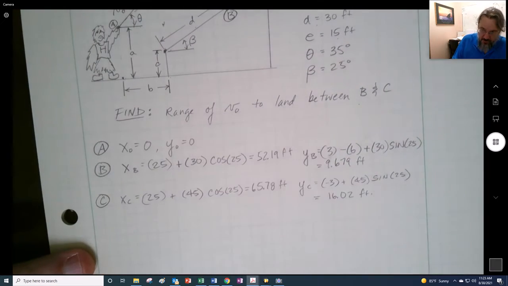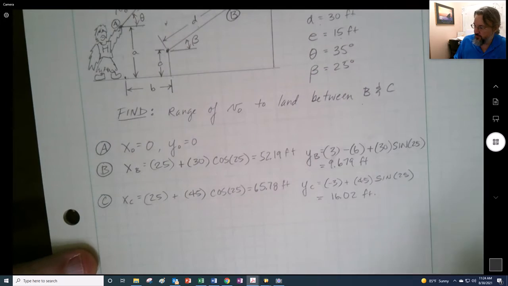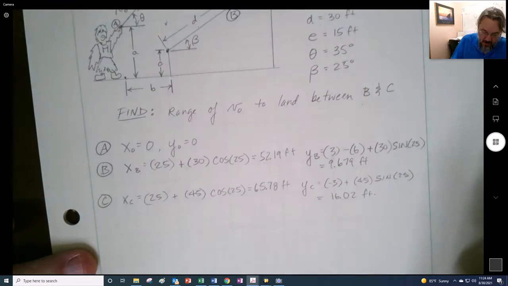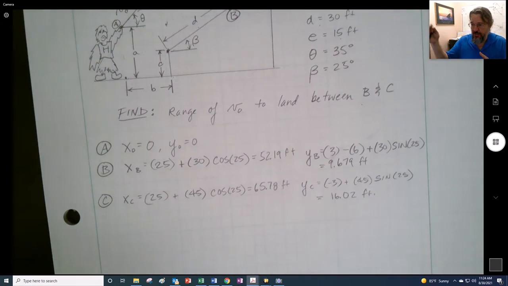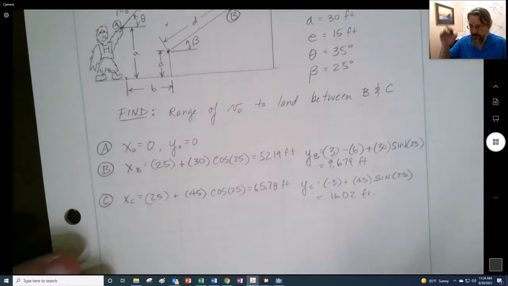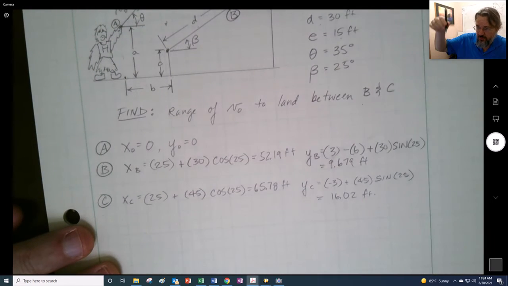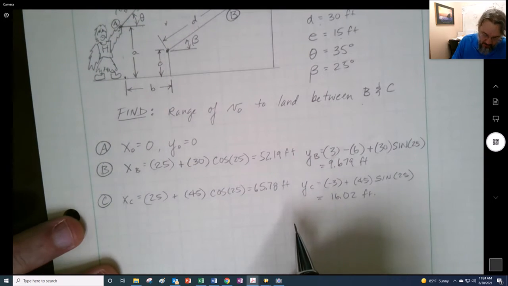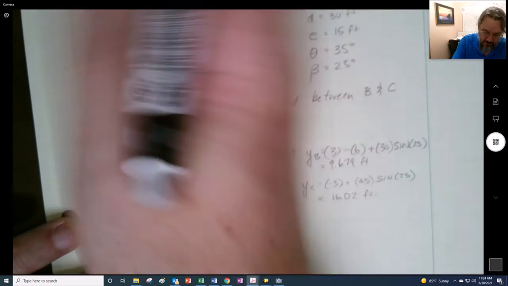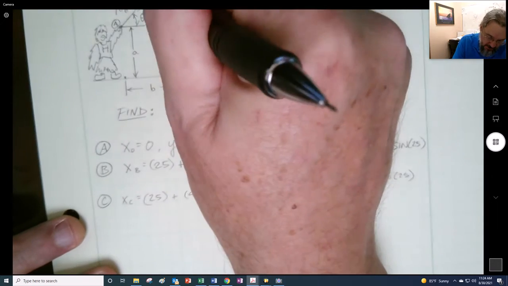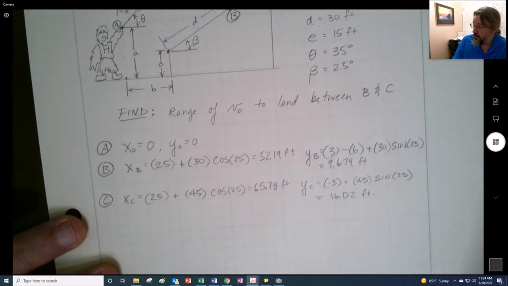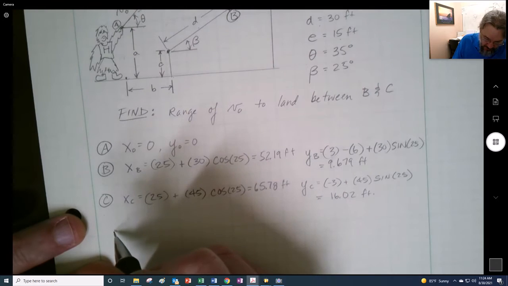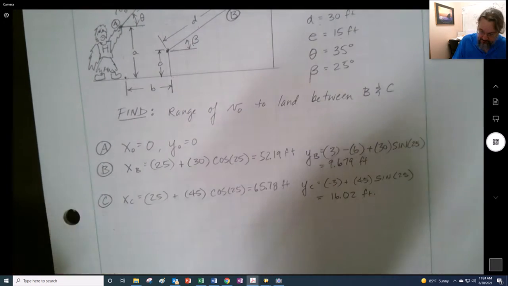So the basic idea in projectile motion problems is that time is the same for both the x and the y direction. In the x direction, it's a constant velocity problem. In the y direction, it's a constant acceleration problem with acceleration pointing downwards. And we have US units, so we're using 32.2 feet per second squared for our gravity. And so we start out with, in the x direction,